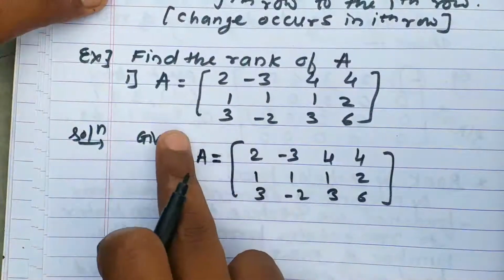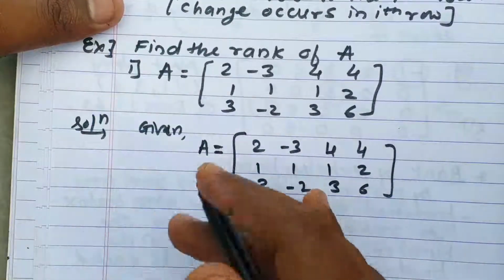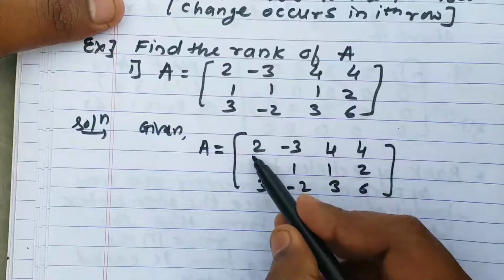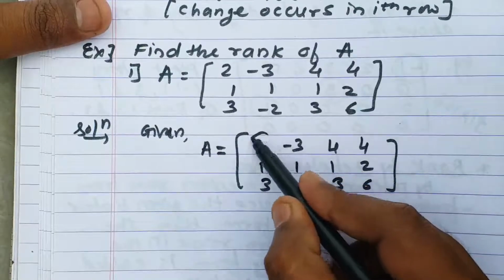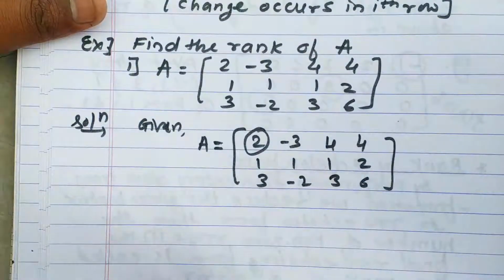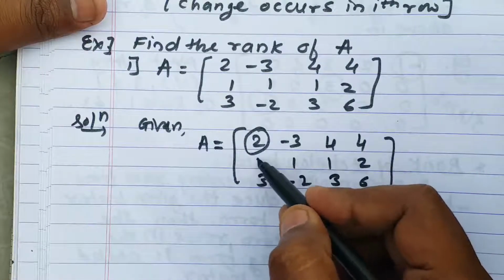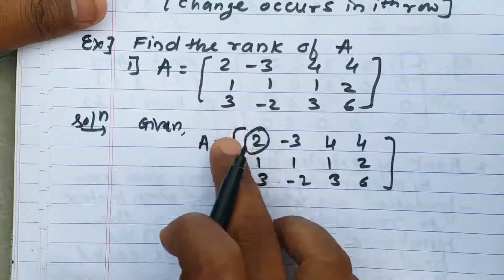I have written the given matrix one more time in the solution. For reducing it to row echelon form, we know it looks like an upper triangular matrix. Whatever non-zero entry you have here will be your first pivot entry, and below this entry we have to make zeros. We should not have a non-zero entry here, because the next row's pivot entry must appear on the right of this row.